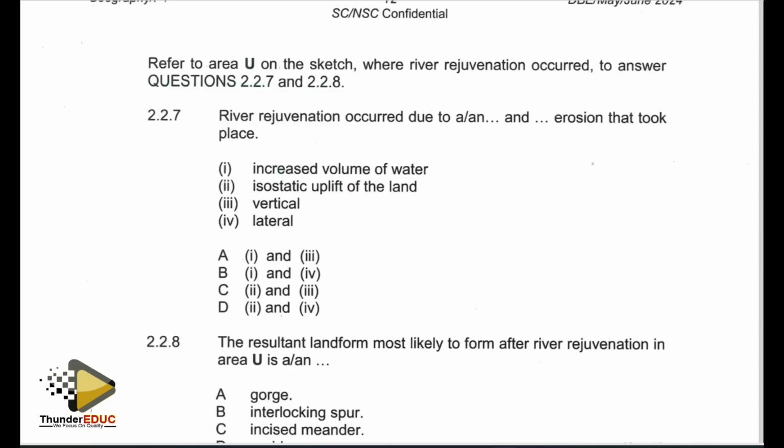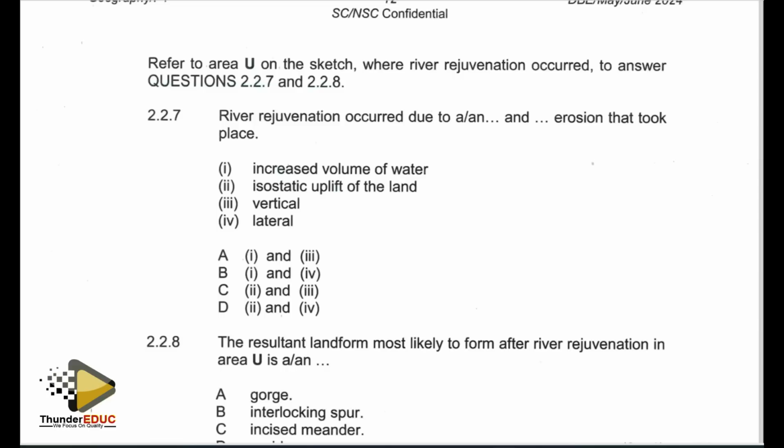Then, what kind of erosion happens if a river is rejuvenated? When a river revives its erosive power, it regains energy to cause vertical erosion. It regains power to erode vertically and deepen its channel. That is why we tend to find the development of landforms like valley in valleys after rejuvenation. The entrenched meanders are a result of incision by the river, which means that the river will be deepening its channel through vertical erosion.